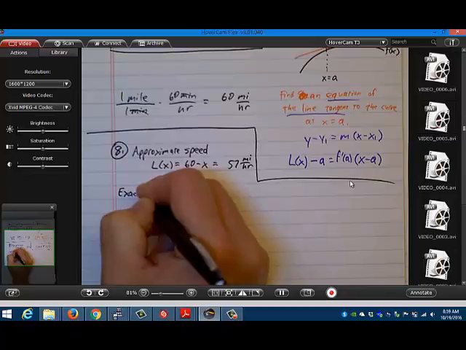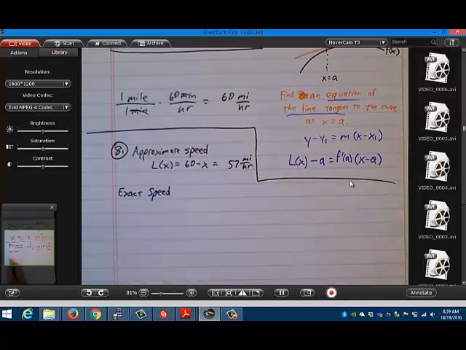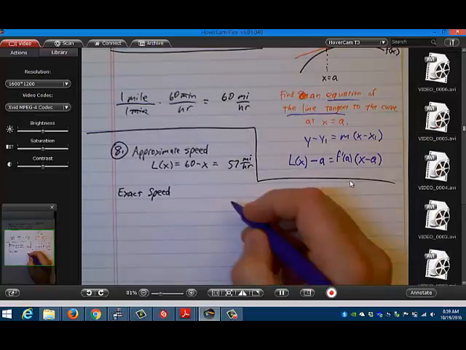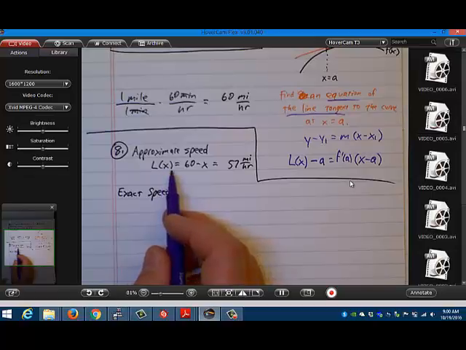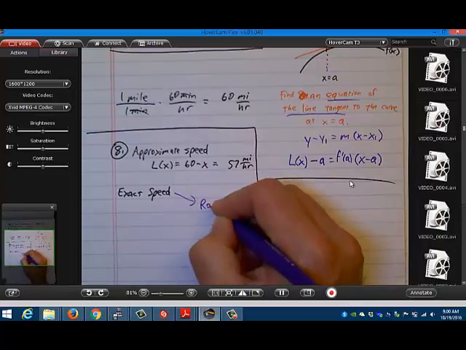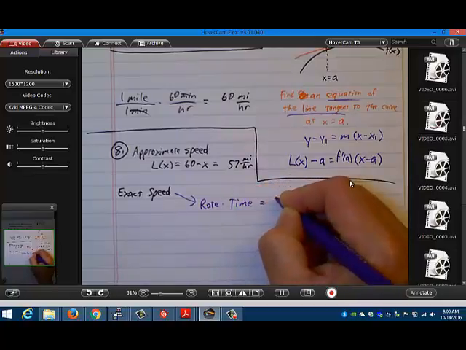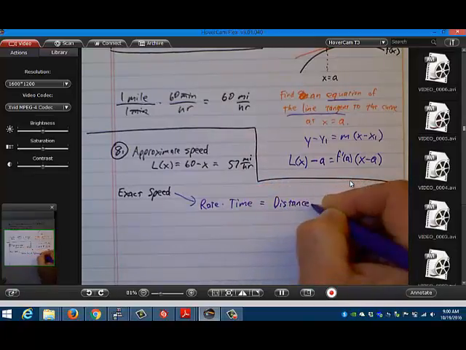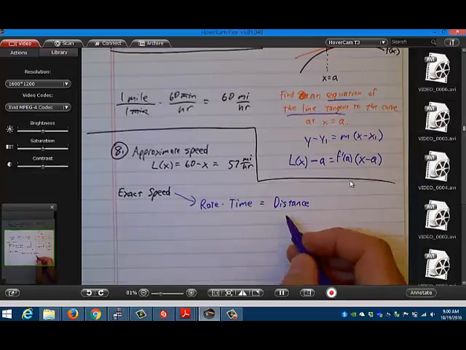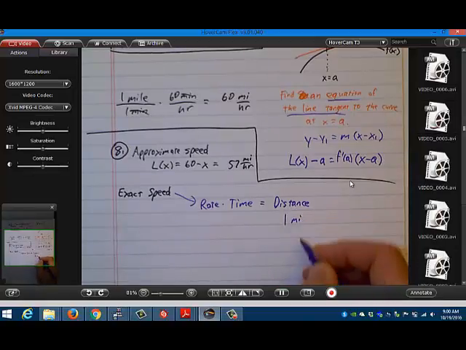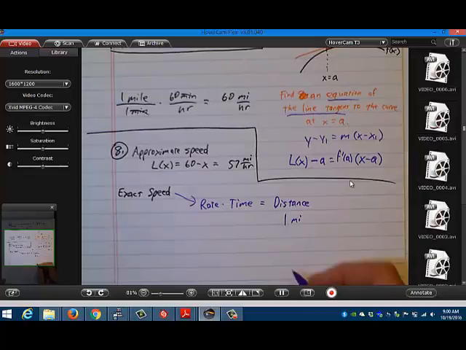Well, for the exact speed, we have to understand kind of where this all comes from. Right? So I guess I could work it out. What I have is I know that x is my speed above or below 60. It's how many miles per hour above or below. I know that rate times time is distance. My rate times my time is my distance. So what's my distance? 1 mile. What's my time? Well, I guess it's